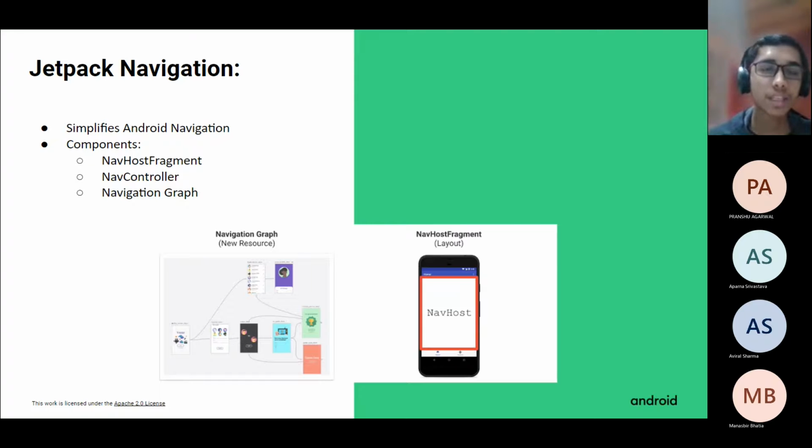And then after that you have the navigation controller or nav controller, which is used to perform all the actions. And action, okay, let's just talk about action a bit. Action is basically, if you want to change the fragments or move from one activity to another, that's what an action is. Okay, so Jetpack uses actions and passes arguments along with that to make it better than explicit intents.